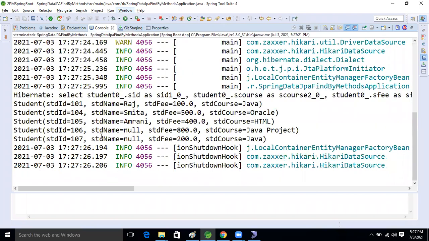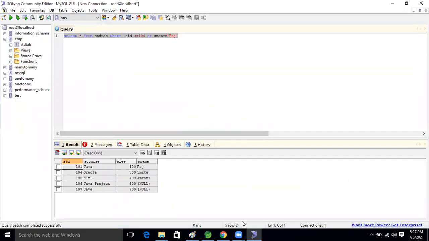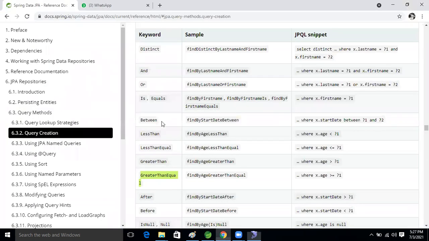See this, we are getting records, guys. 101, 102, 103, 104, 105. Five records we are getting. Come on, guys. Yes, Ravi. If you remember, find by plus the entity class as well as this list, guys. Based on this only, we are making the method. If anything mismatches, we get the exception, like this we will get it.